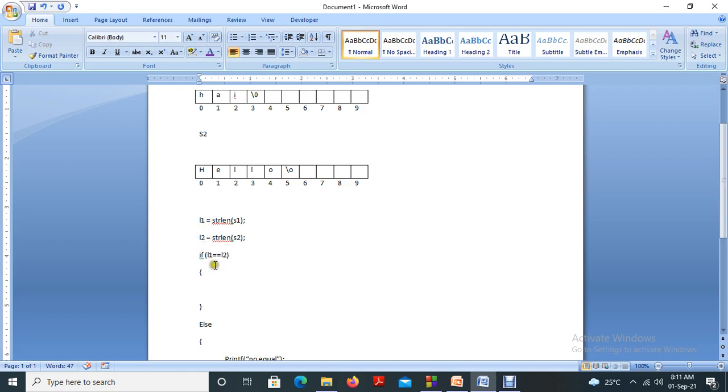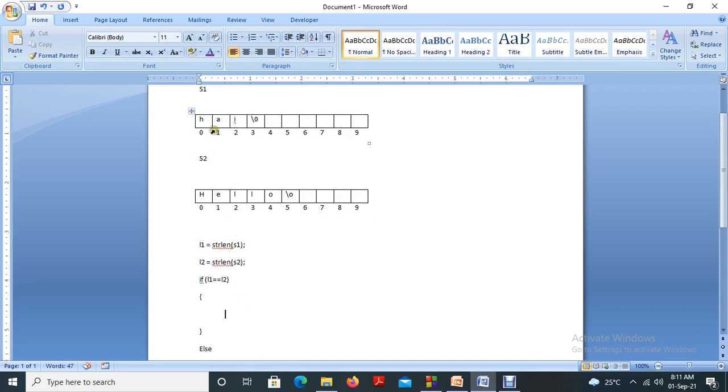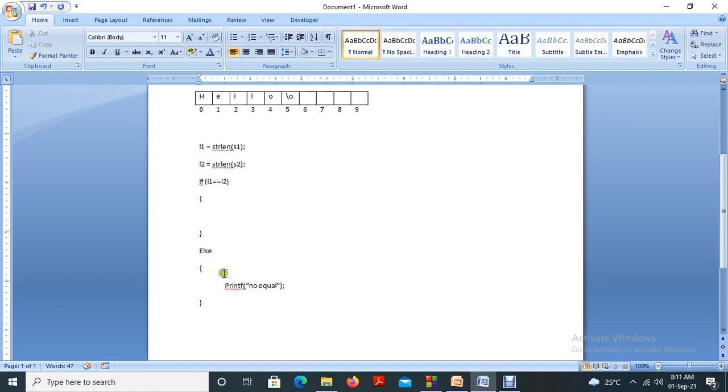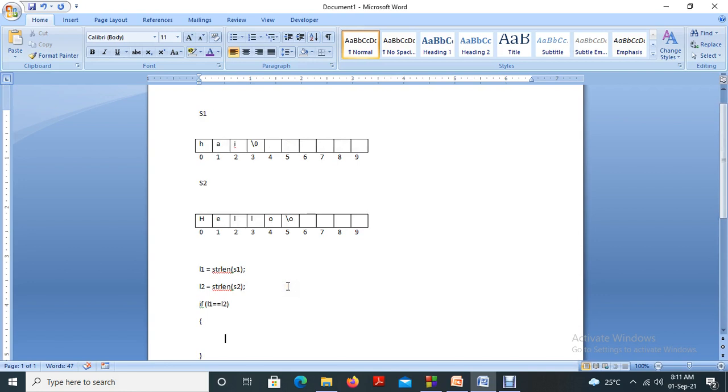In this case the condition is false, because L1 may have the value 3 and L2 may have the value 5. So this condition is false and we are directly saying not equal. So I am giving another value.